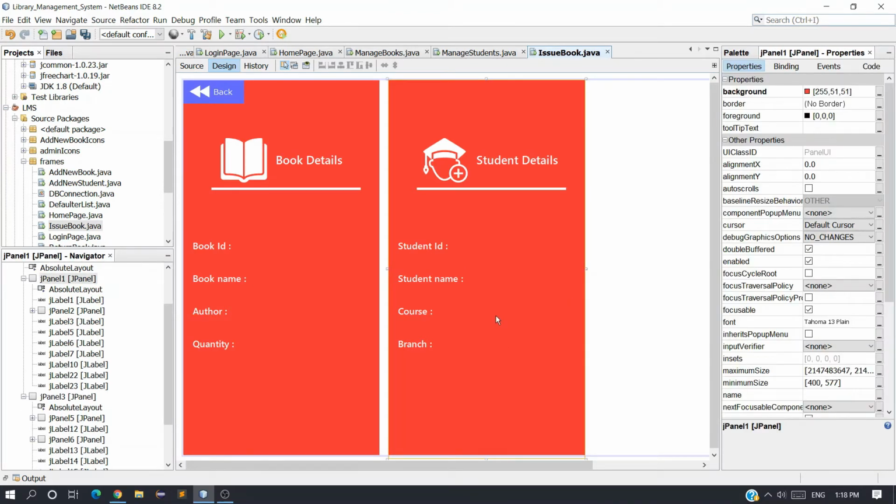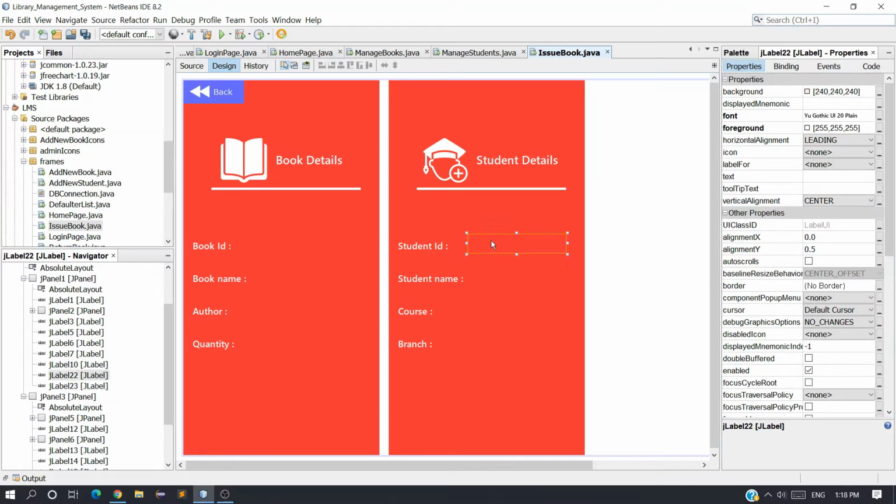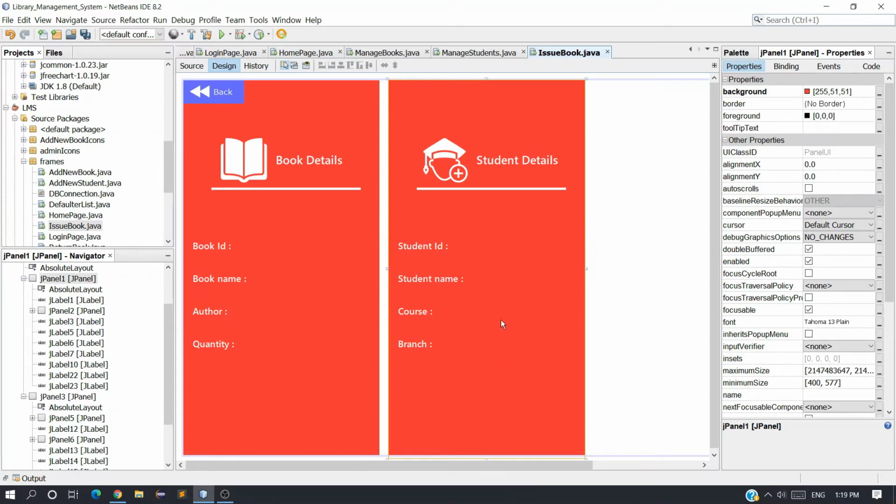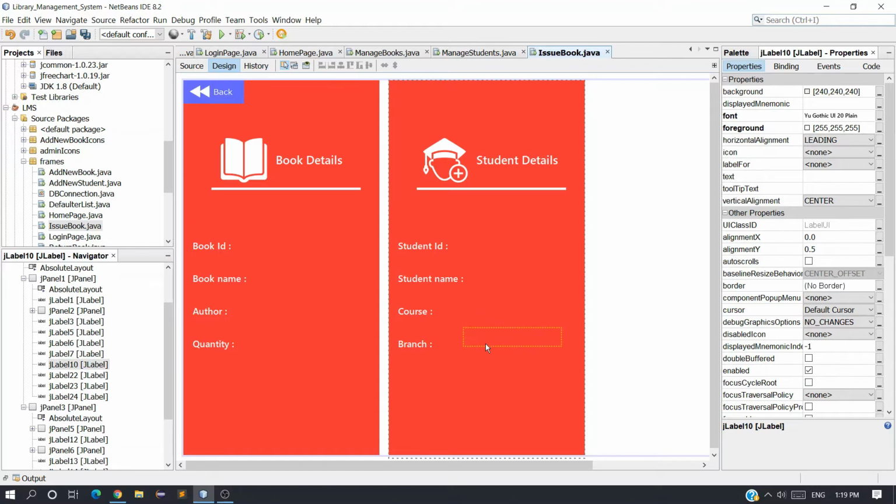You can see we have labels, one label for student ID, student name, course, and here we have to take a label for branch. I by mistake deleted that.